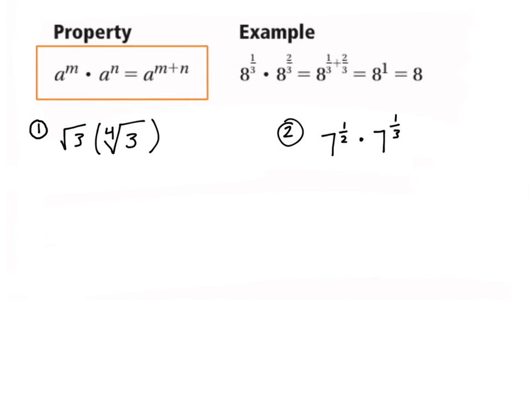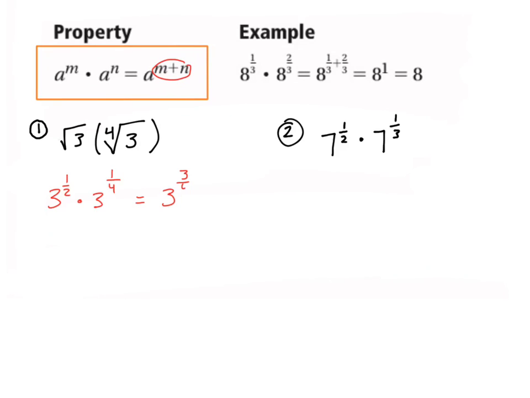All right, so here we've got a to the mth times a to the nth, which means you're going to add the exponents. Well, for these problems here, we notice they're not in exponential form, so at least for the first one, we need to change them. So this is going to be 3 to the 1/2 power times 3 to the 1/4 power. And so based on this rule, we're going to add the exponents because they have the same base. So this is going to be 3